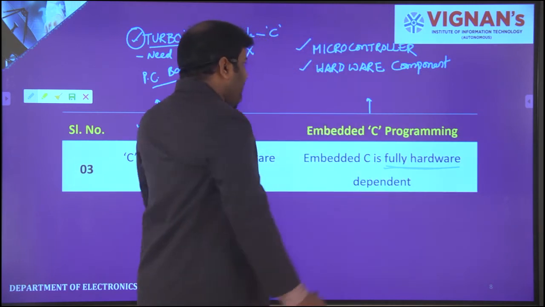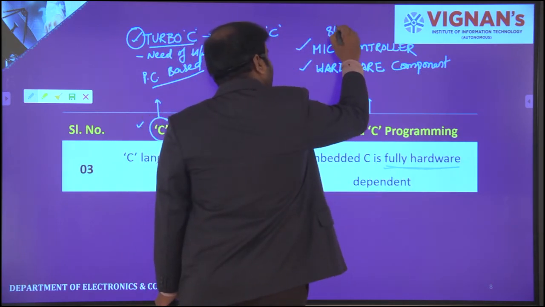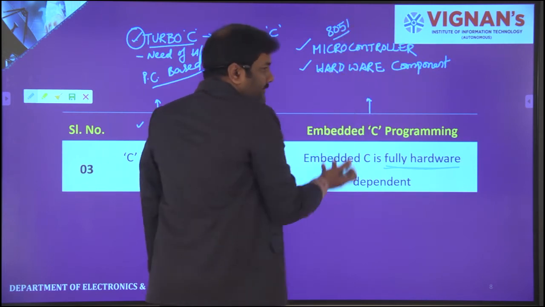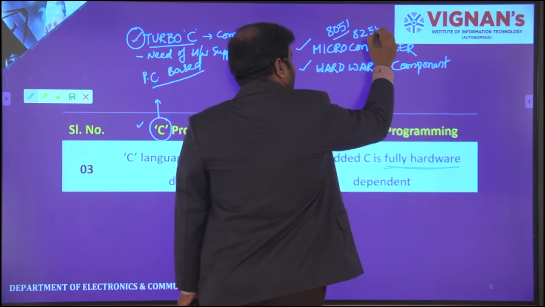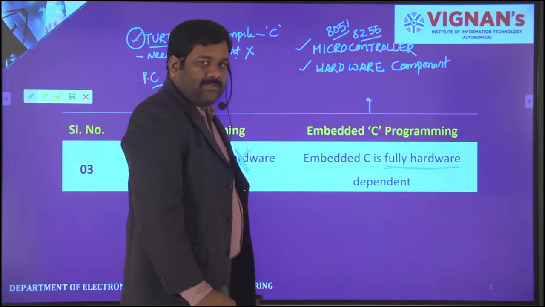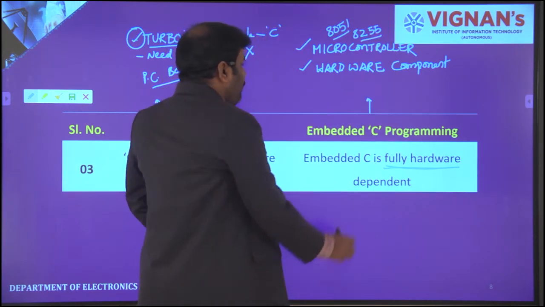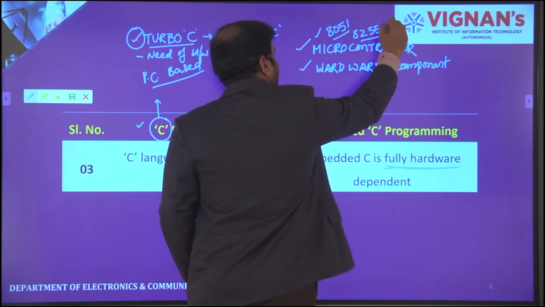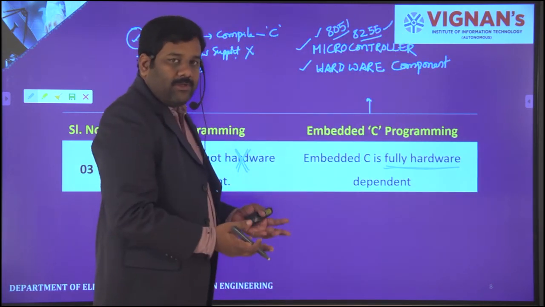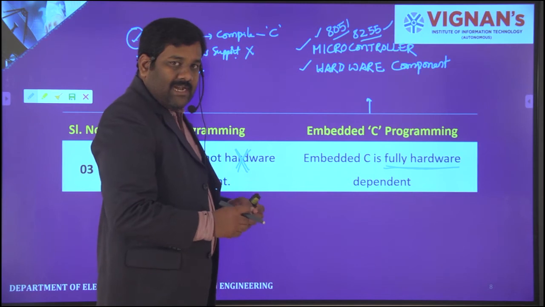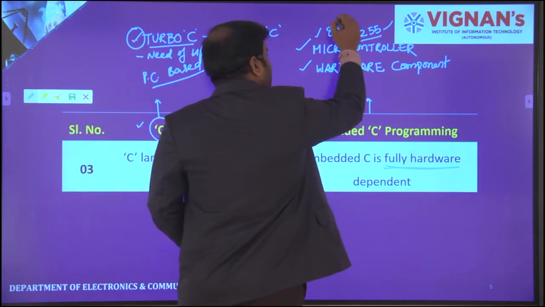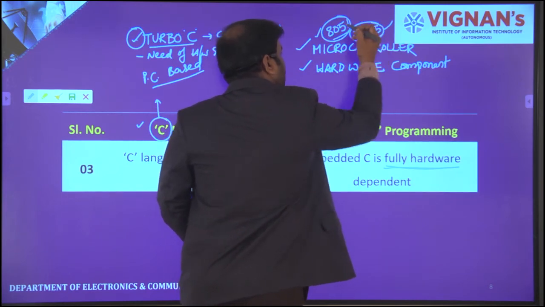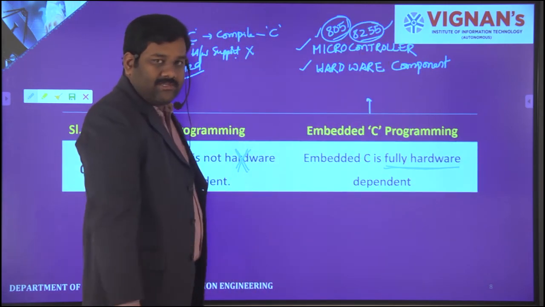So if you are using microcontroller 8051, then the program will be different. If you say, okay, I don't want 8051, I'll go for 8255, programmable peripheral interface, then the programs for 8051 and 8255 differ quite a lot, because the internal structure and the inbuilt component pin structure will be different between 8051 and 8255. Both have different structures.